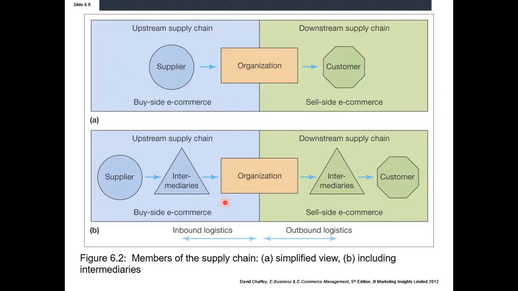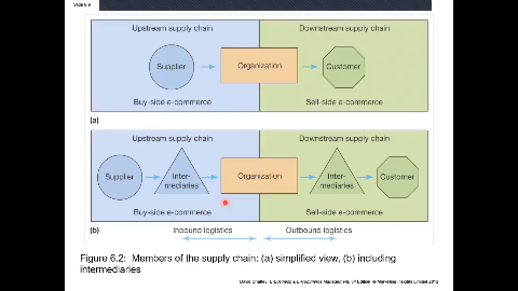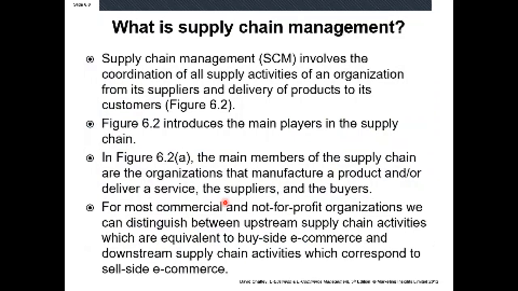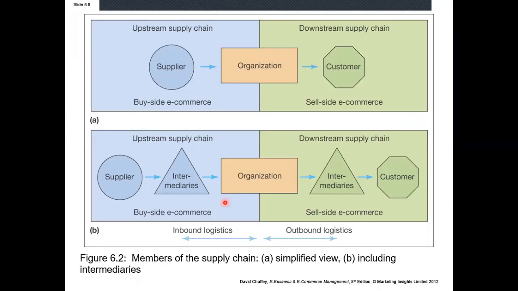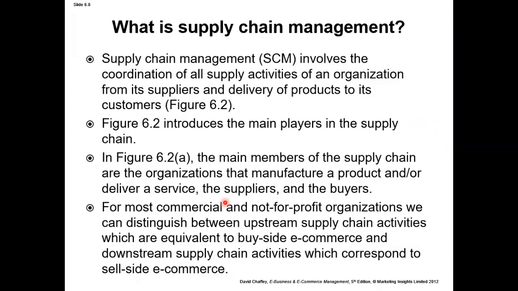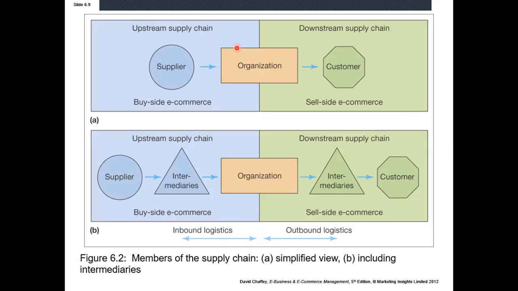So in figure 6.2a, the main parties you find here are the manufacturers, right? If it's a manufacturing organization, right? The manufacturers, and then suppliers and the buyers. So for example, if we assume that this organization is a manufacturing organization, the main parties of this supply chain model are this manufacturing organization, the supplying organization, and the buyers